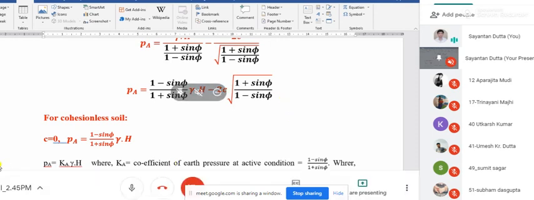And the coefficient of active earth pressure is actually Ka, or coefficient for earth pressure at active condition. This one is the coefficient, that is 1 minus sin phi divided by 1 plus sin phi. Phi is the angle of internal friction. This is the most important characteristic of any soil sample. And if there is some cohesion, that is for cohesive soil, we have to use this equation where c and phi both are there. Okay,